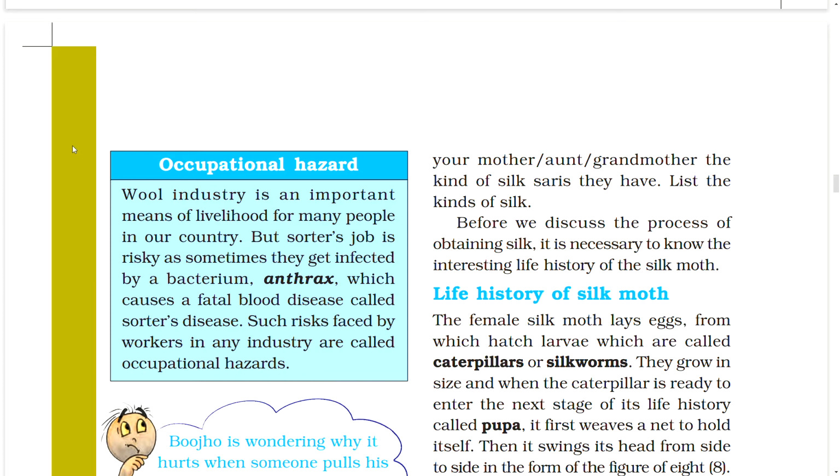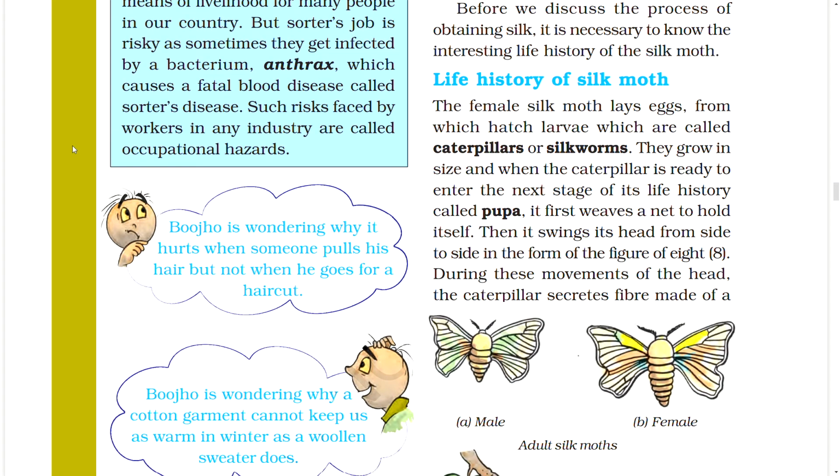Before we discuss the process of obtaining silk, it is necessary to know the interesting life history of the silk moth. Life history of silk moth. The female silk moth lays eggs, from which hatch larvae which are called caterpillars or silkworms. They grow in size, and when the caterpillar is ready to enter the next stage of its life history called pupa, it first weaves a net to hold itself. Then it swings its head from side to side in the form of the figure of 8. During these movements of the head, the caterpillar secretes fiber made of